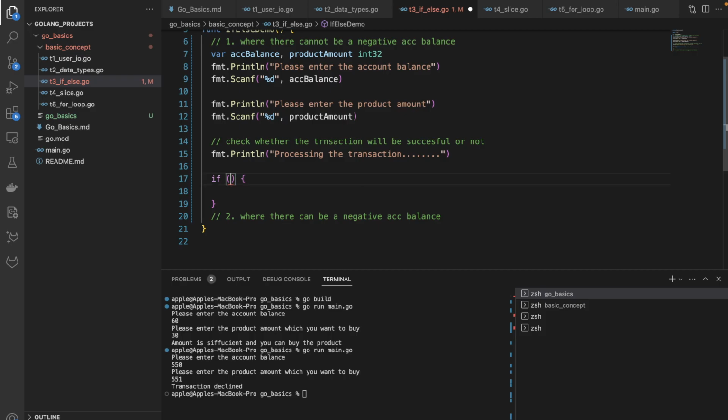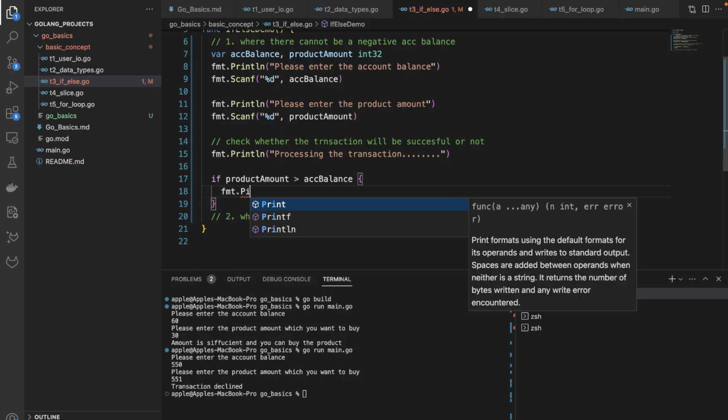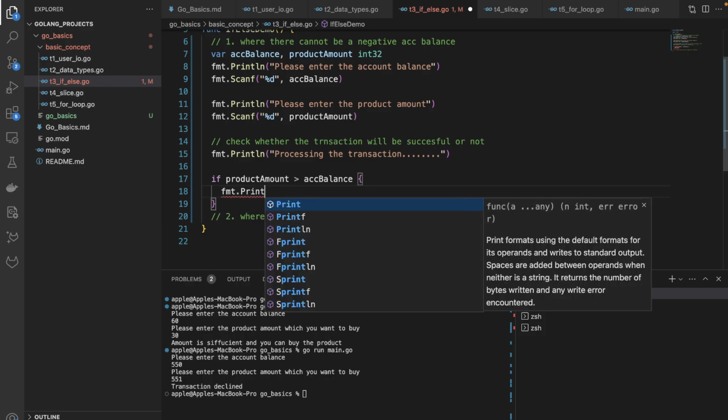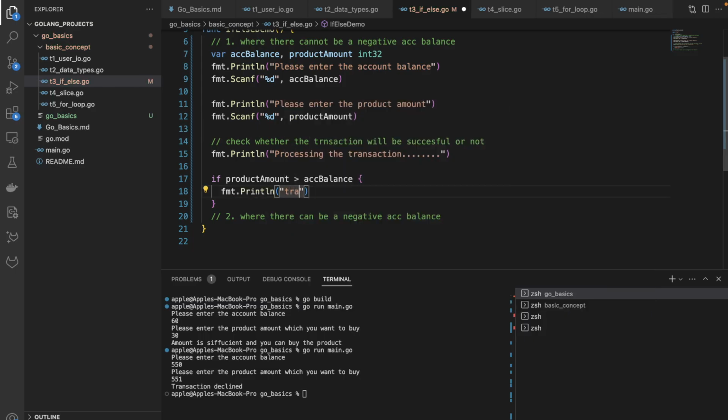Even if you do, it will work as it is, but you can simply skip it if the condition is too simple. So if the product amount is greater than the account balance, I do not want to proceed with the transaction and I should print that. Else I will print